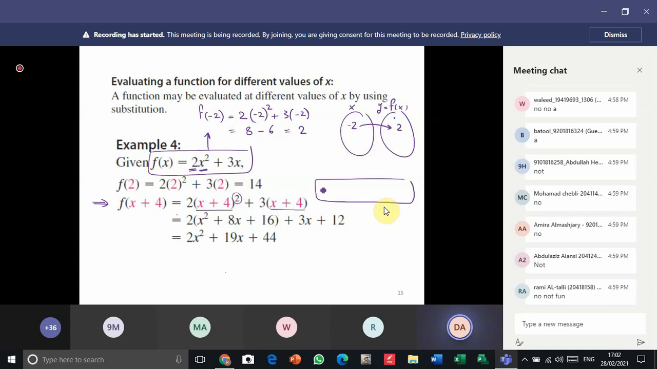By this formula. If we have a plus b all square, this is equal to a square plus 2ab plus b square. If we have negative, we have negative here. Okay. So x plus 4 all square, we have x square plus 2 multiply x multiply 4, we have 8x, plus 4 square equal 16. Now multiply 2 with x square, 2x square, 2 multiply 8x,